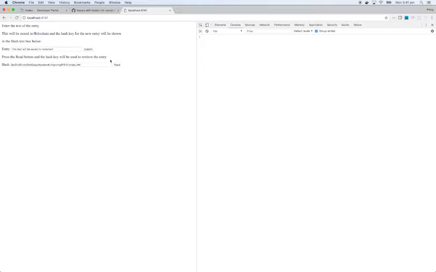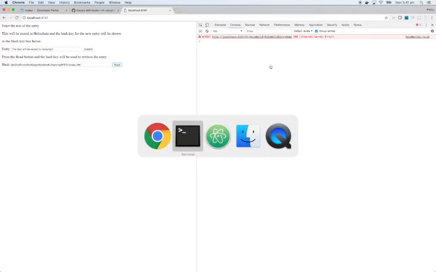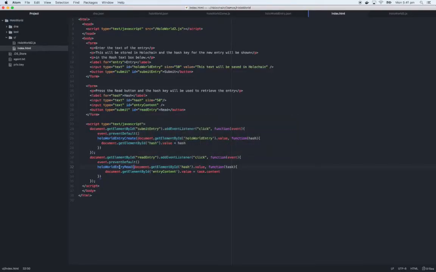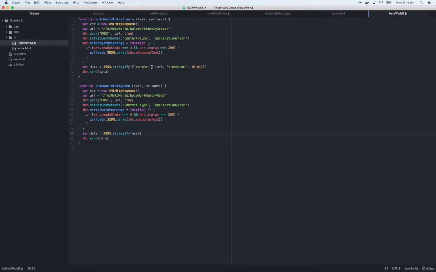Right. Sending works. Read. Internal server error, which is what we expected because it's not being passed as a JSON file yet. So what I might do is in here I'm going to send it